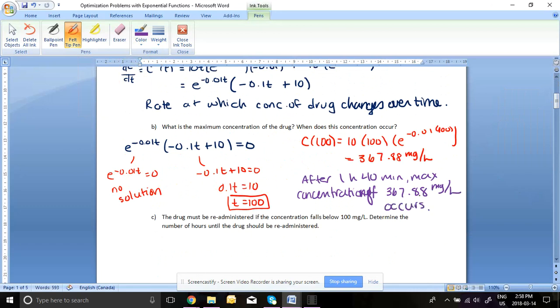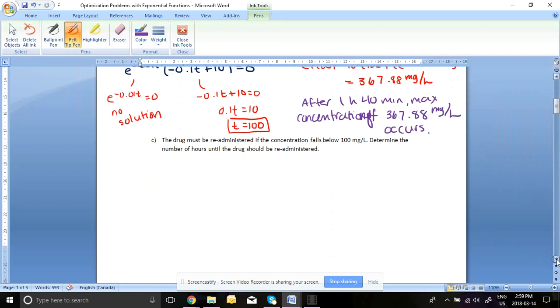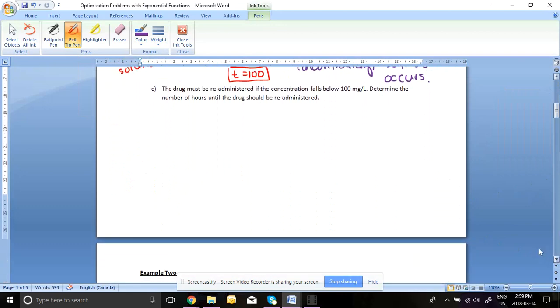All right, period. Okay, the drug must be readministered if the concentration falls below 100 milligrams per liter. Determine the number of hours until the drug should be readministered. Okay, so we need to find now when this function is equal to 100. So we want to know when the original function